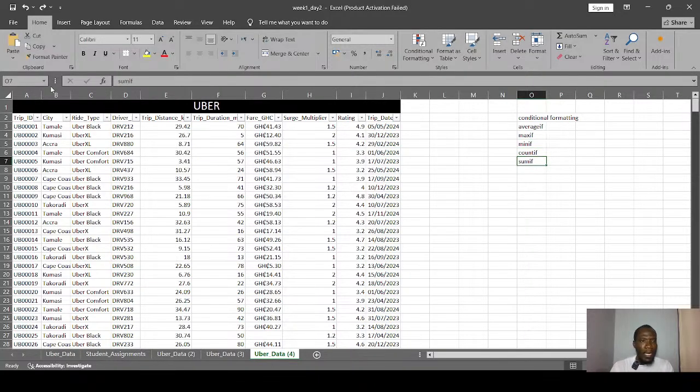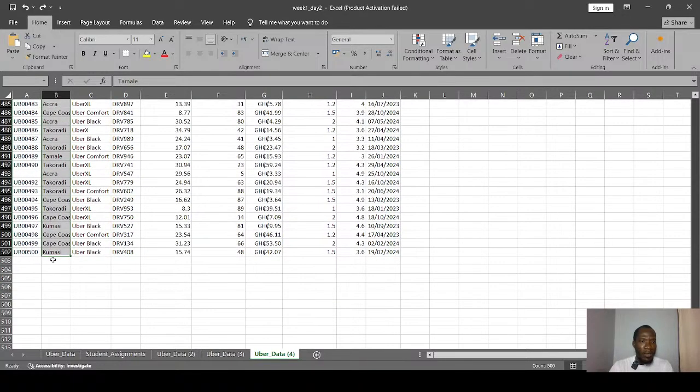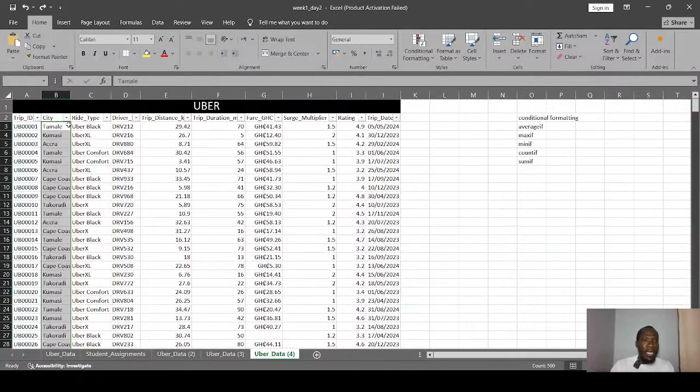We were to highlight column B, right? So all the values under column B. The first one is in B3. I click Shift Control and then the down arrow key. There are no empty spaces, so everything is highlighted all the way to the very last cell. Now, after I highlight everything, I can now go